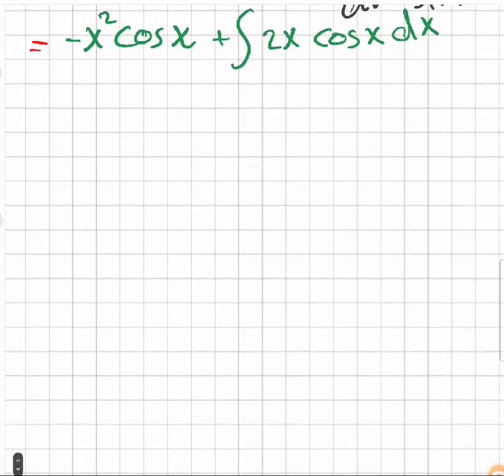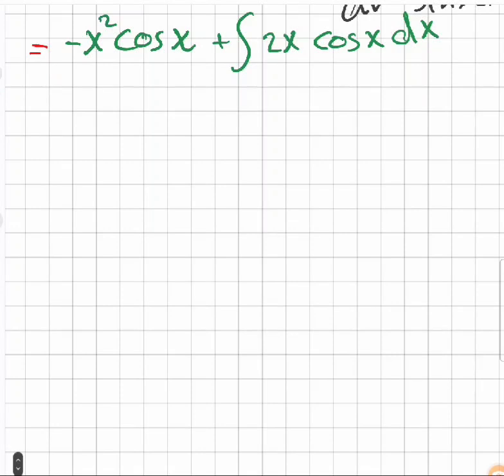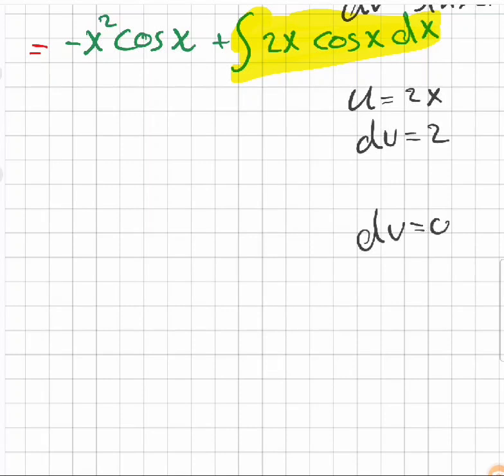Now, we need to use the integration by parts formula on the integral of x cosine x. We're going to make u equal to x, and dv is going to be cosine x dx. The integral of cosine is sine, and the derivative